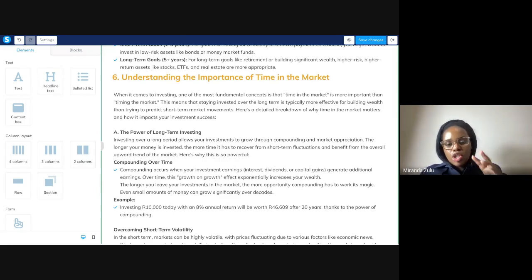And so the notion of long-term investing is more time in the market. The amount of time you spend in the market, which notionally says staying invested over the long term is more effective than trying to predict movements, especially as a beginner. That's why a lot of people lose money when they try forex trading and stuff, because it's very difficult. You have to build the skill over time. If you're a beginner who doesn't have that skill set and doesn't understand certain things about investments, it can really be difficult for you to time the market. It's better to spend time in the market than timing the market.